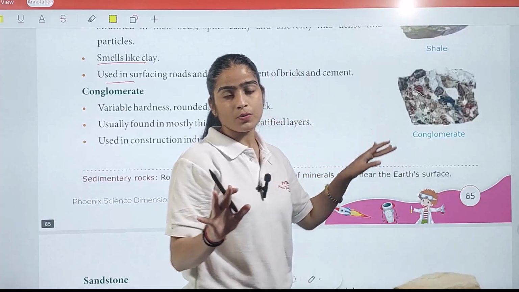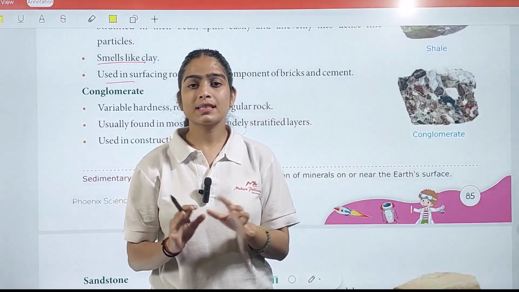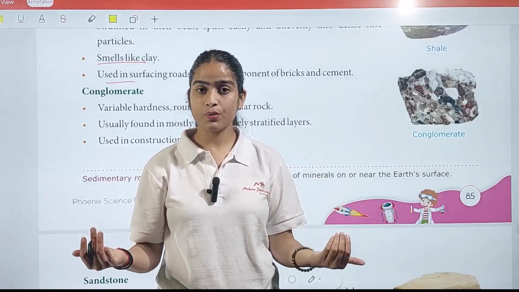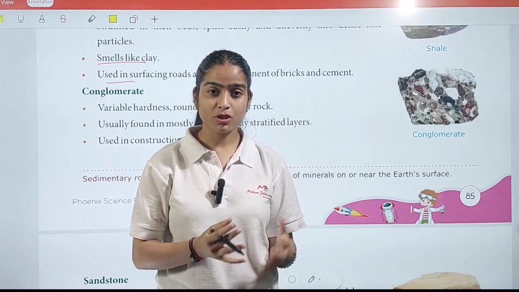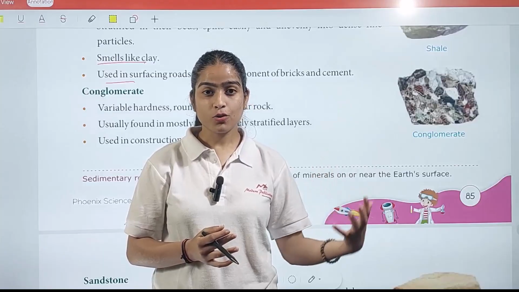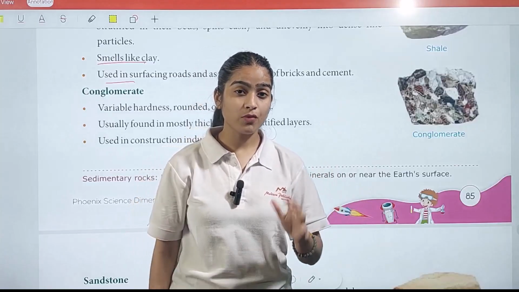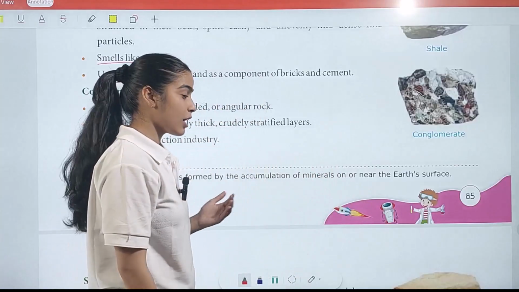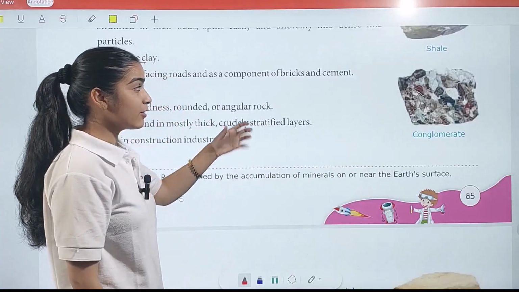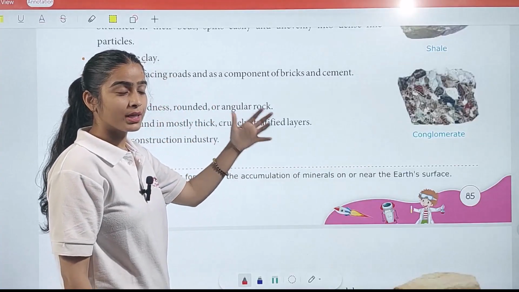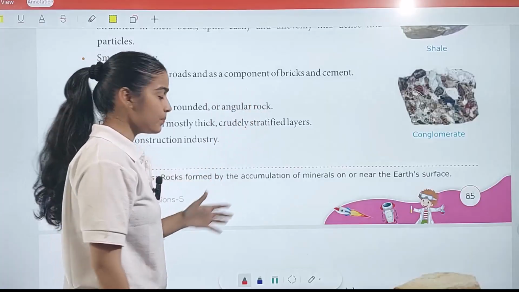Do one thing: you just have to collect some kinds of rocks in the surroundings of your home. After that, take a picture and ask questions to AI. It will help you find out each and every kind of rock you have in your surroundings, and you will identify what exactly is your conglomerate, your limestone, your shale. Okay, next we have